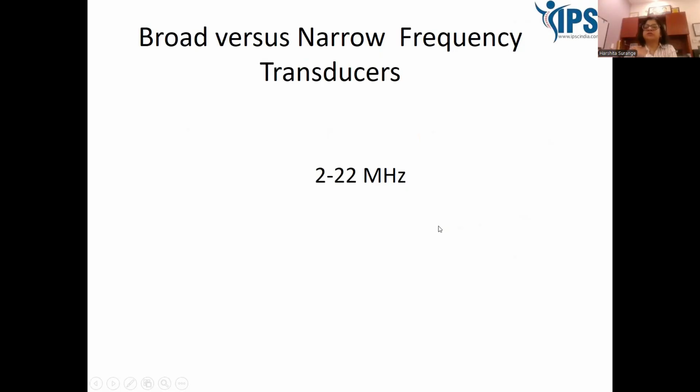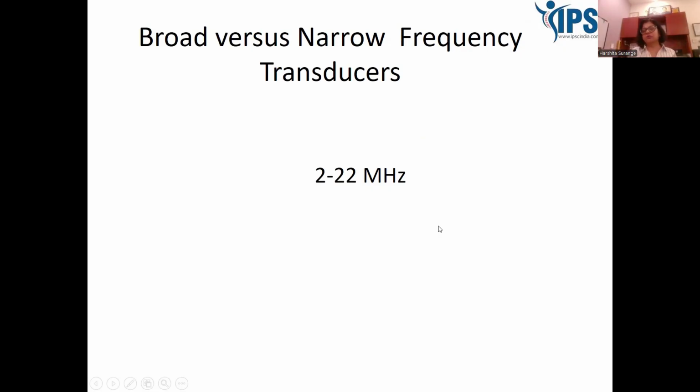When we say broad range, the benefit is, for example, if you're wanting to do your shoulder ultrasound, you start with the superficial probe to see the deltoid and the subscapularis muscle. But the moment you have to go to the glenohumeral joint, you need to reduce the frequency so that you can do deeper work. So, with the same probe, you can change the frequency and do deeper work as well as superficial work. Some machines even have probes of 2 to 22 megahertz, which suffice all your difficulties.